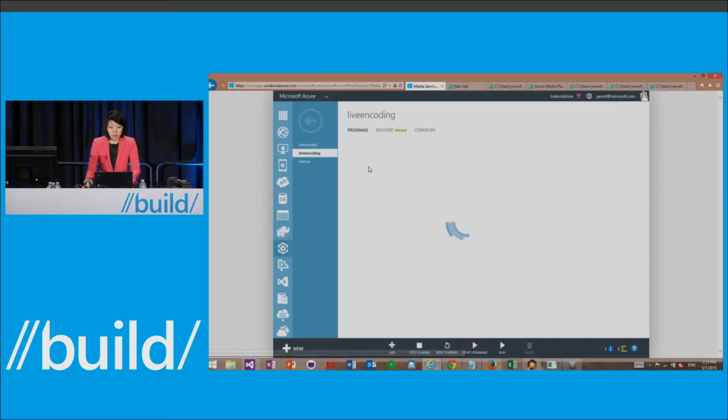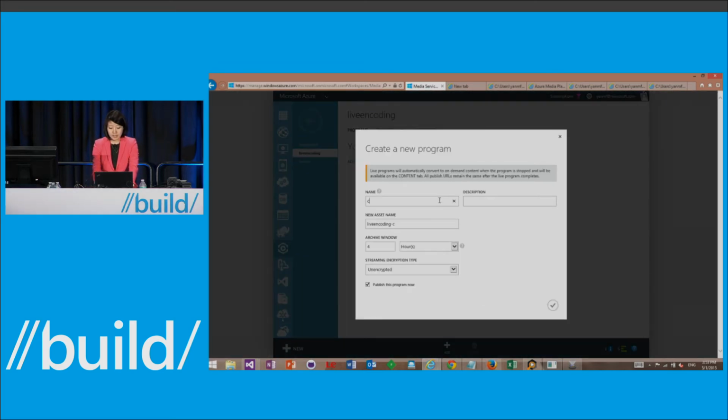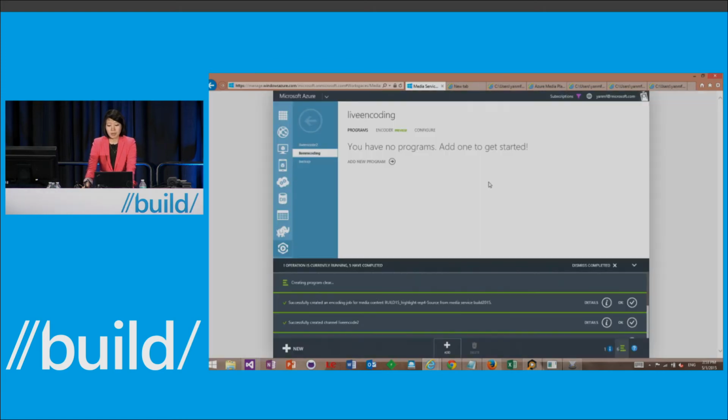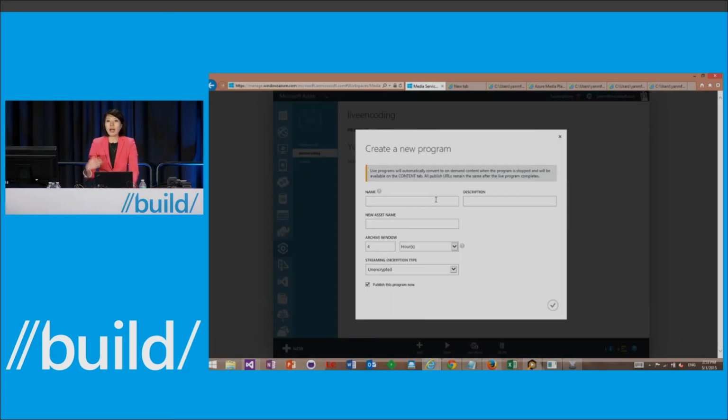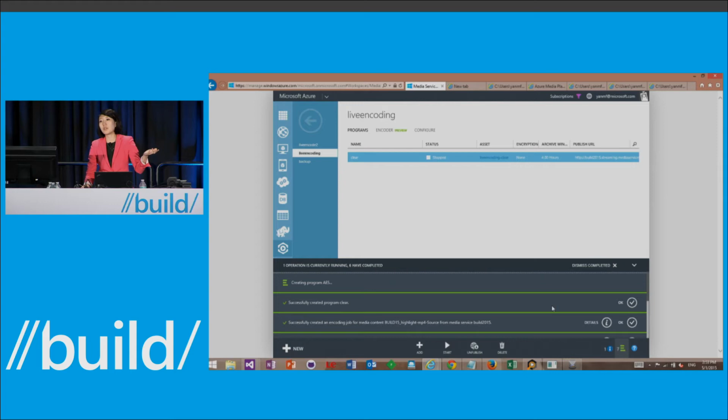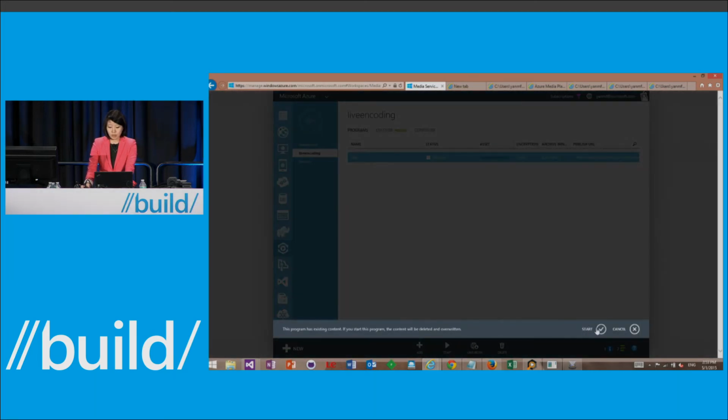After that, I'm going to go in and create a program to archive my live stream. I can say this is a clear program with 4 hours DVR, and publish the program. So now the live stream will be writing into storage. At the same time, I can say I want another program. I want to encrypt the program so others don't see it. I can say I want an AES encrypted program. I can just do it right away. And another program spins off with encryption. It's creating the program now. So now if I start this clear program,